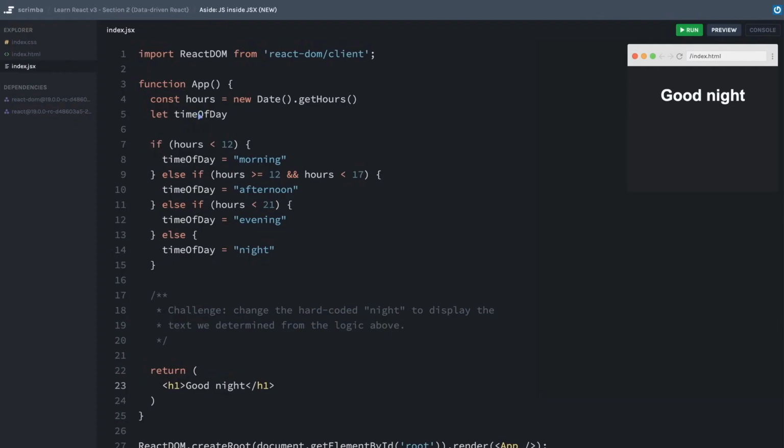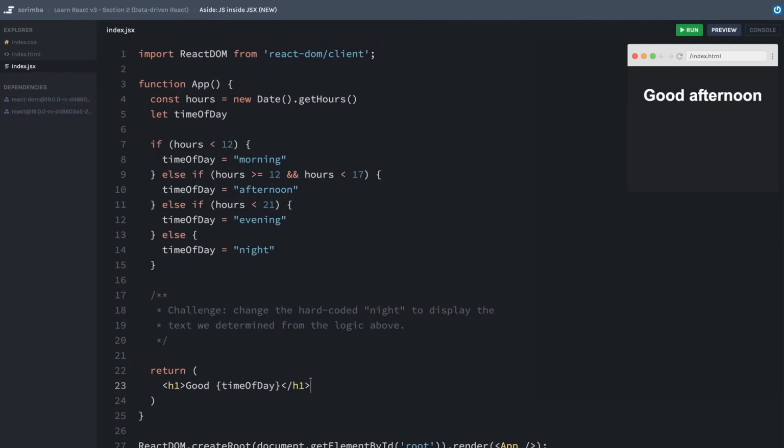All right, all we have to do is get our time of day variable. We'll put it in right here. And then, of course, if we were just to hit refresh now, it would say good time of day, and that's not exactly what we want. If we, however, surround it in curly braces, now this will be interpreted as the JavaScript value of time of day, which was determined up here in our logic, and we get good afternoon because, again, it's about 3 o'clock